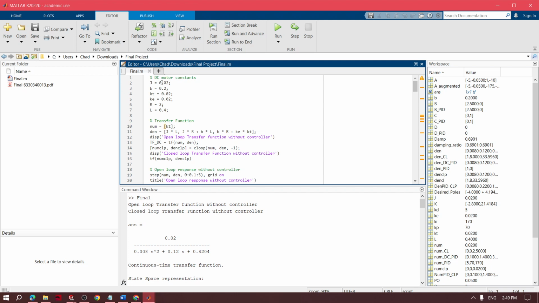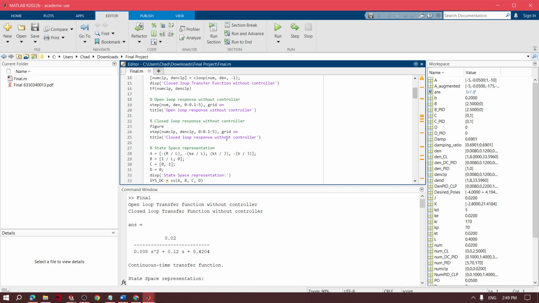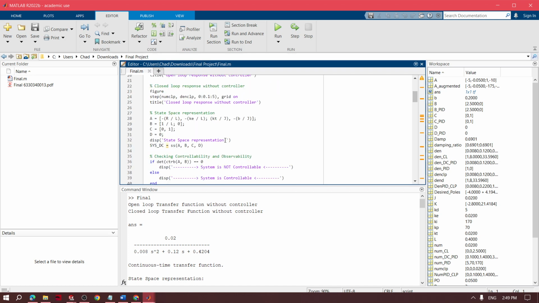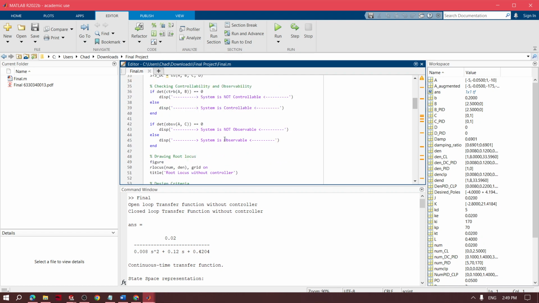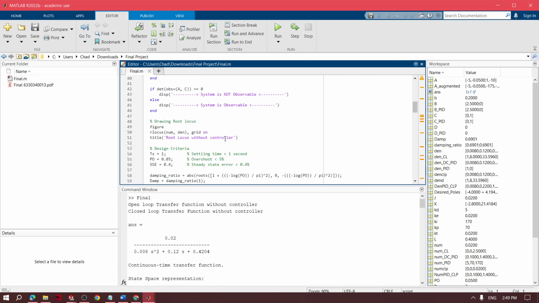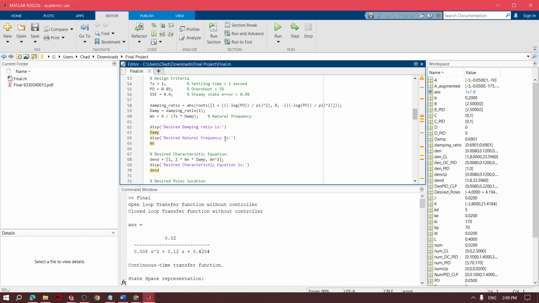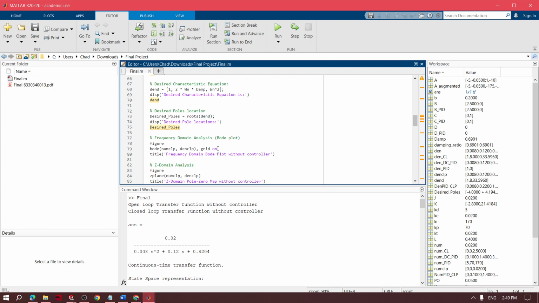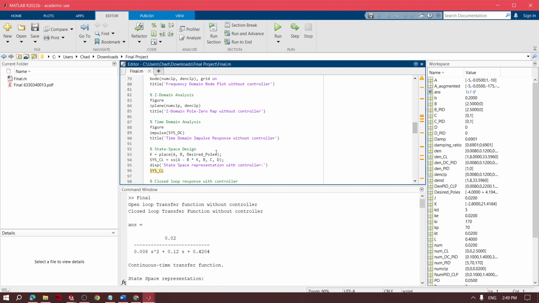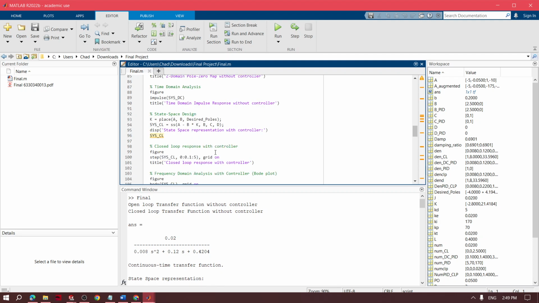It consists of the DC motor constants, transfer function, open loop response, closed loop response, state space, checking controllability, draw root locus, design criteria, desired characteristic, desired poles, frequency domain analysis, Z domain, time domain, state space design, closed loop,